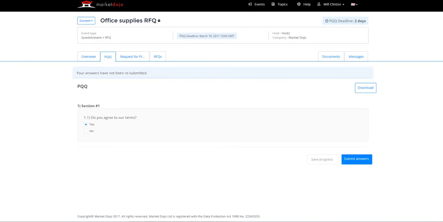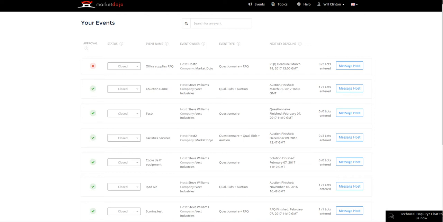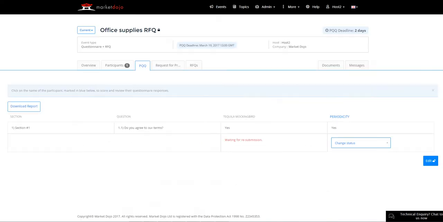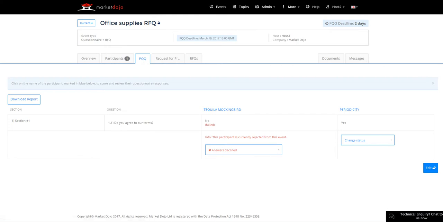Then this supplier is going to disagree to the terms and conditions and submit the answers. Now they'll in effect be removed from the event because they've failed a pass-fail question. If we try to go back into that event as the supplier, you can see that it's been closed. And from the host point of view, if I just refresh the screen quickly, you can see that they failed the answers. But they can come back into the event by allowing resubmission,